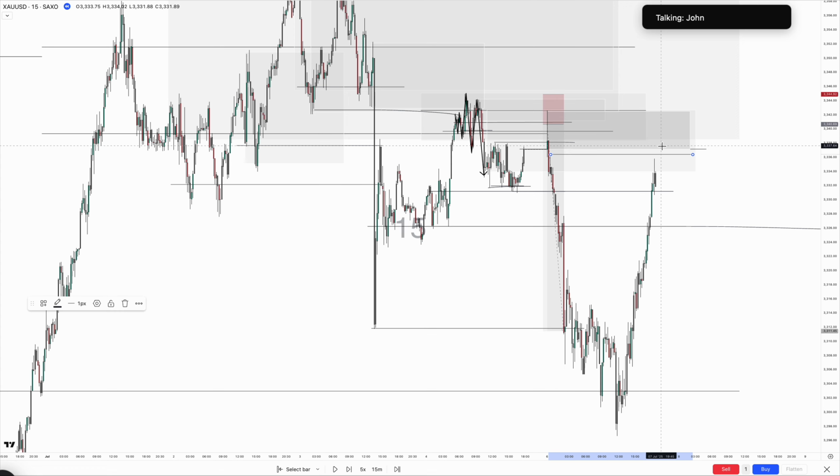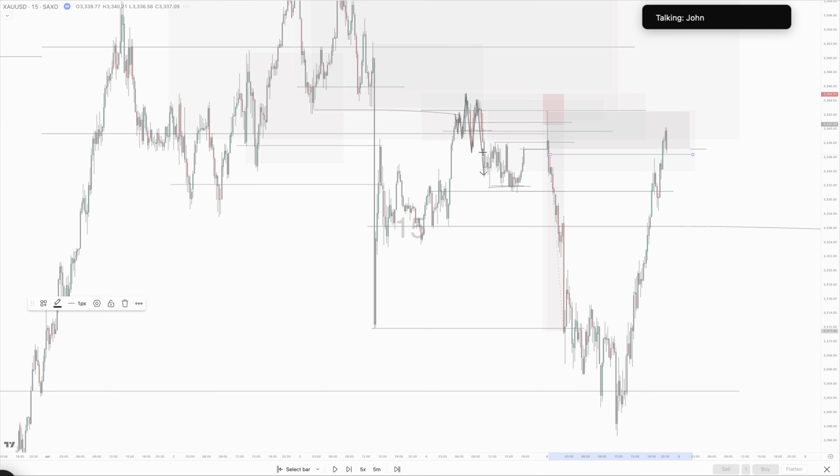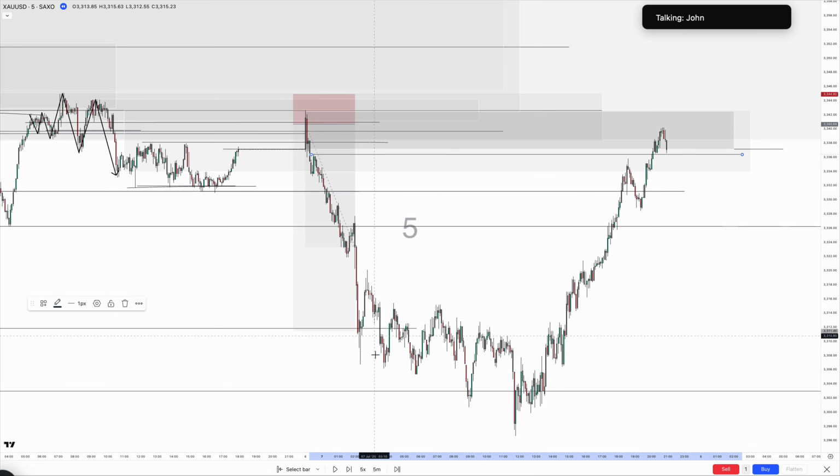So yeah, if price comes back to this level, let me go. I don't want to go below M15 so we don't sleep here. So let's just see what happens from here. Okay, so price comes into that level. So what do I want to do? I wanted to go to M5 before, so now let's go to M5. Okay, so on M5 we have,